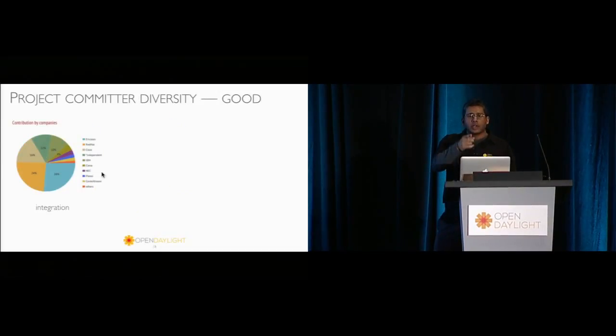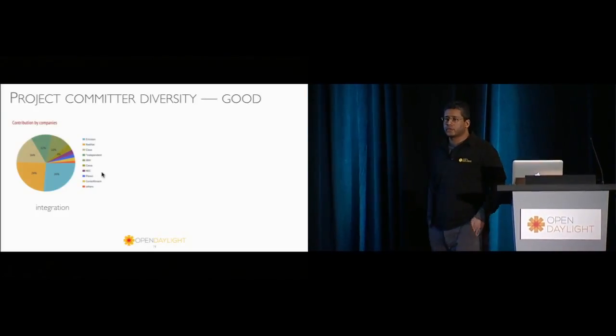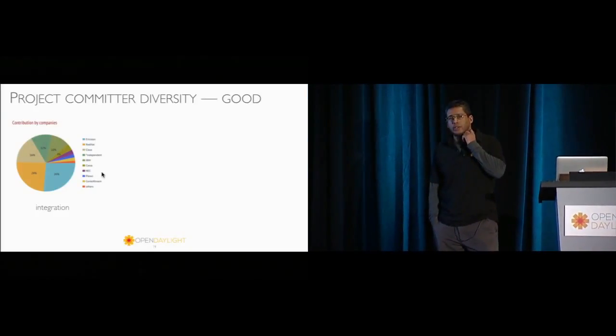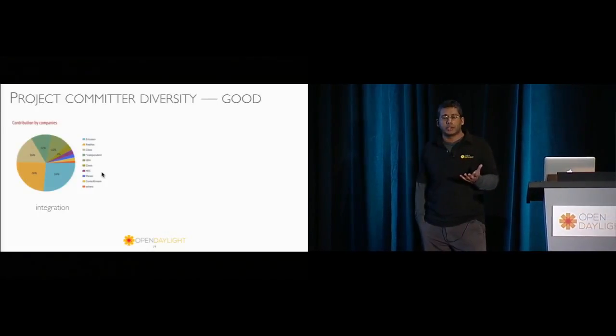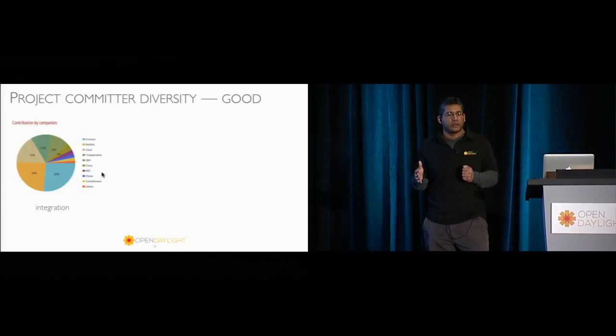Now, this was the question that June was asking about. Let's look at per project, what's the diversity? Another important metric of the health of the community and the health of the projects is the committer diversity on projects. So in OpenDaylight, if you look at the project lifecycle that we've defined as part